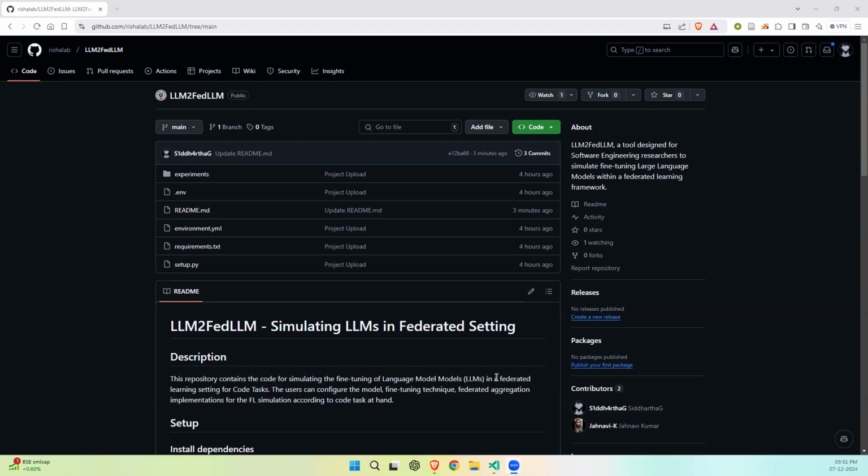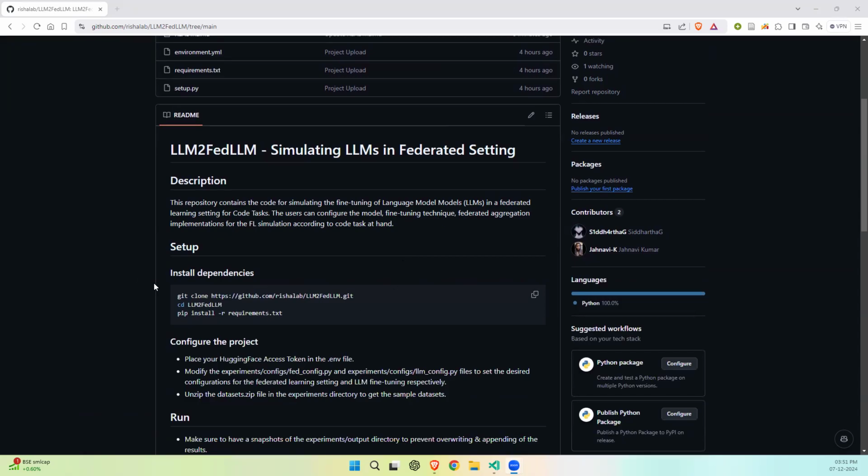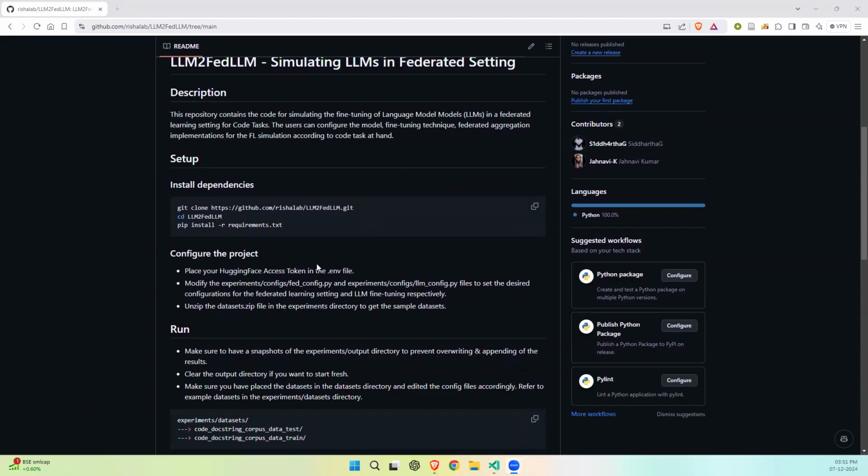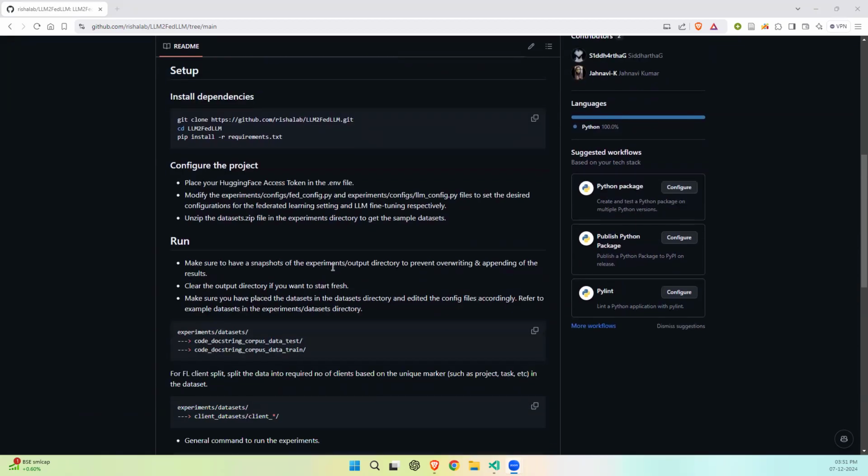Now let's go into the usage of our tool. You can head over to our GitHub and, in order to set up the tool locally, clone our repository, cd into the directory, create a new environment or use a previous environment, and install the required modules. Once that is done, you can head over to Hugging Face, get your access token and place it in the .env